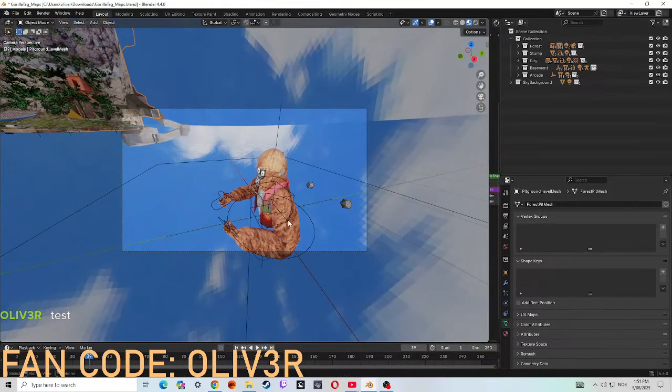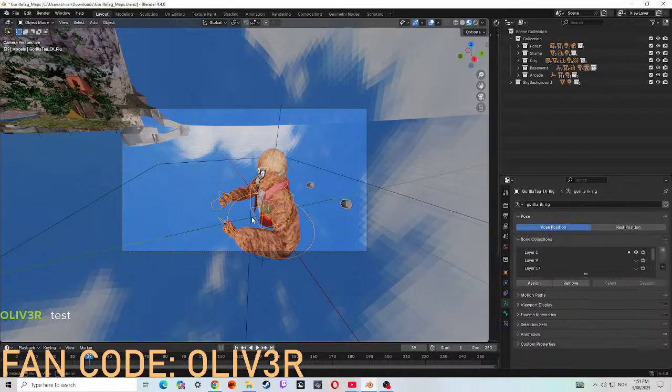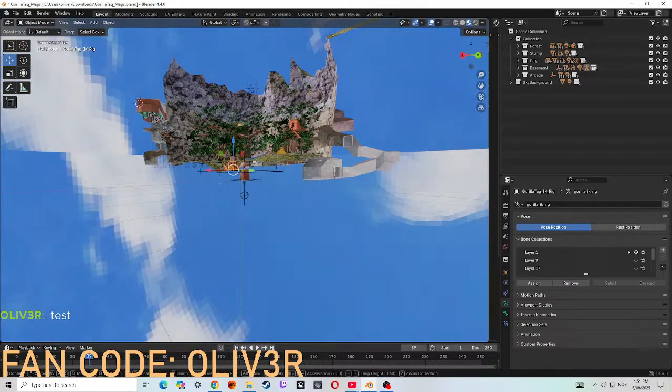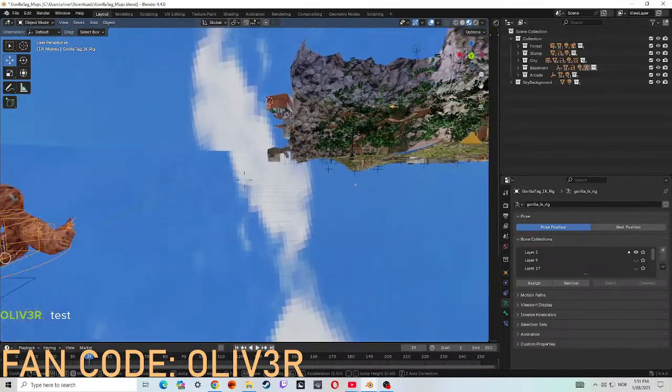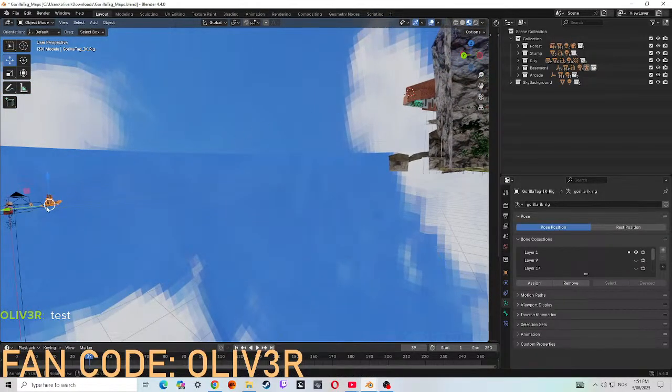Let me just get the bones and let that move, and then wait, let me get it out of camera. Okay, like that, and then I wanna look over here, and then I wanna like